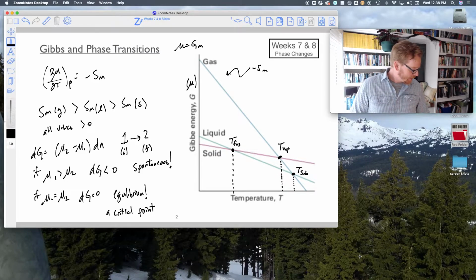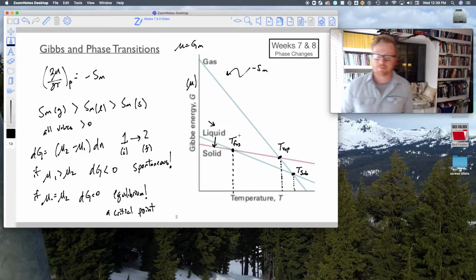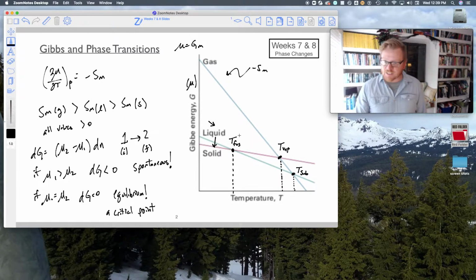Okay? And so what I also want to point out, what you notice here is that, let's say just a little bit colder, okay? So if we look just a little bit colder than this fusion point, look, the liquid has a larger chemical potential than the solid, okay? And so what that means is if I'm going from liquid to solid, right? Let's suppose I'm heating my material up, okay? The phase with the lowest chemical potential will be observed. So for example,